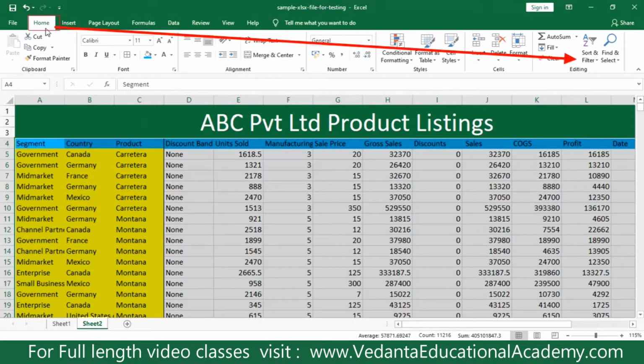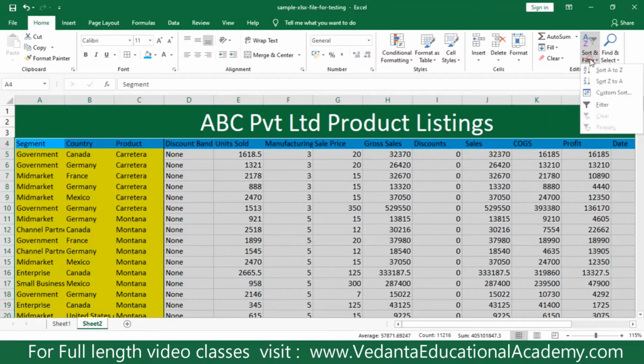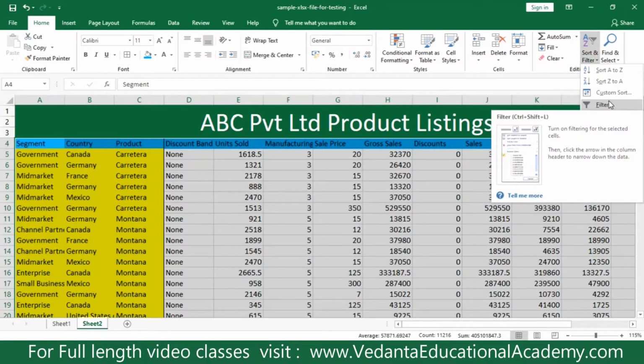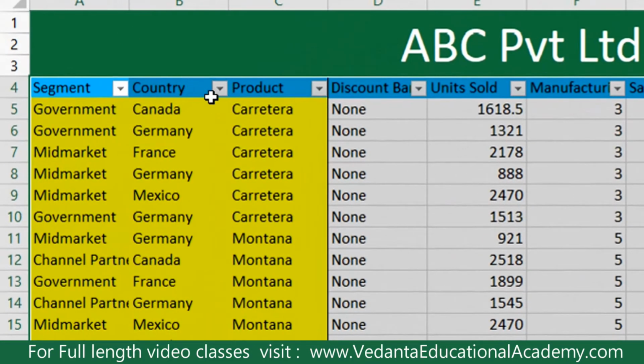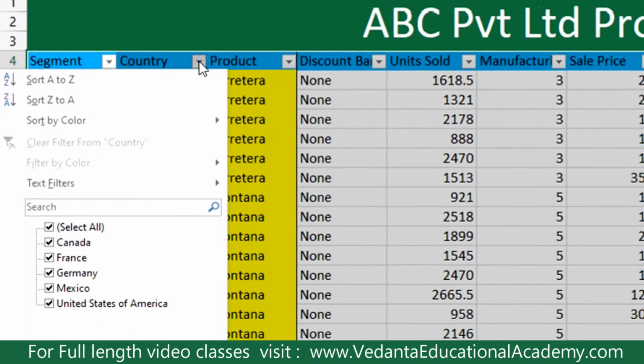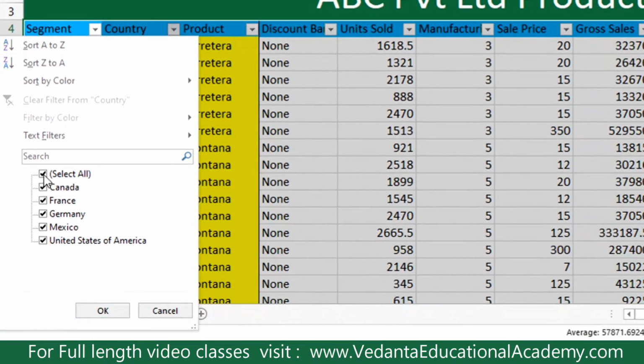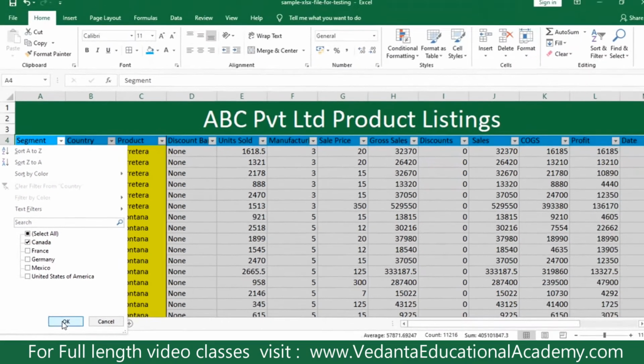Then go to the Home tab and click on Sort and Filter. There you click on Filter. Automatically the data has been selected and filtered. Now here I would like to view the data which belongs to only Canada. Then you click on the country drop-down handler, deselect all first and select only Canada, then click on OK.